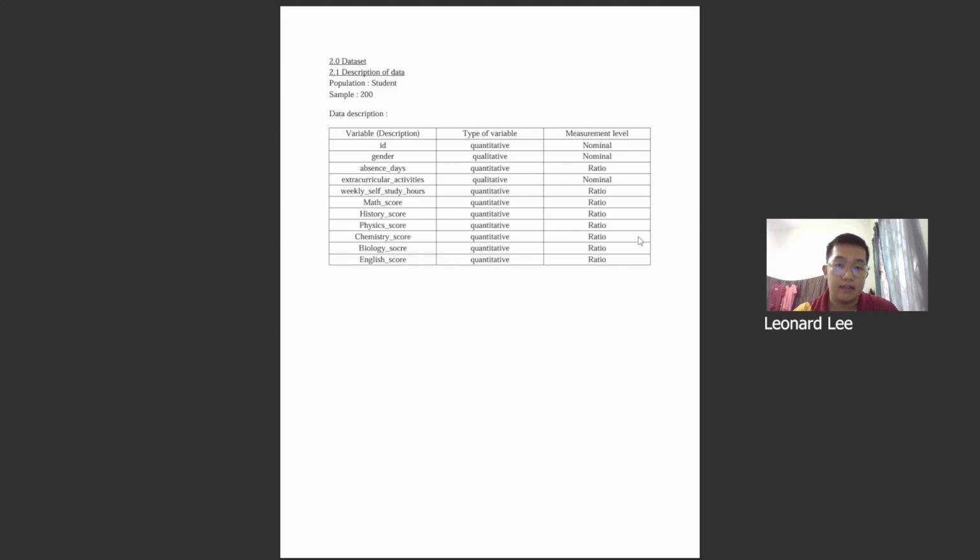For the data set, this is the description of our data. The population we get are from students, and the sample we took are 200. So as you can see, the data description,